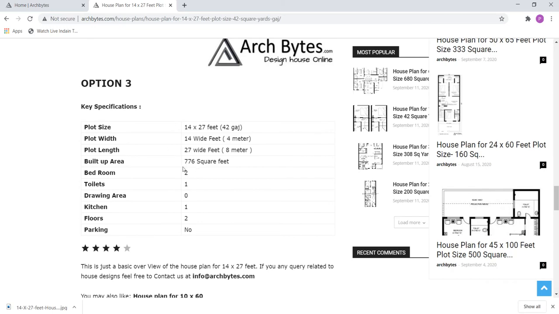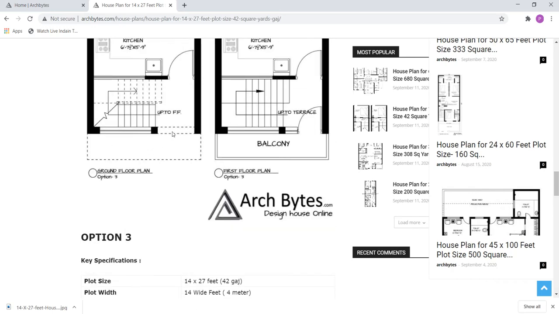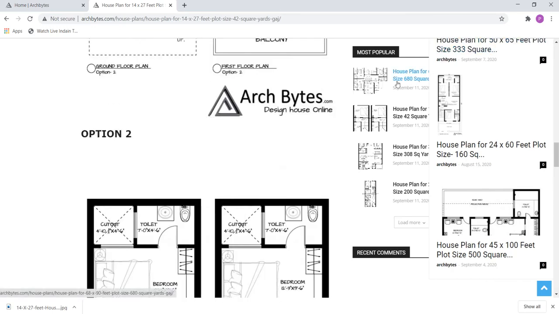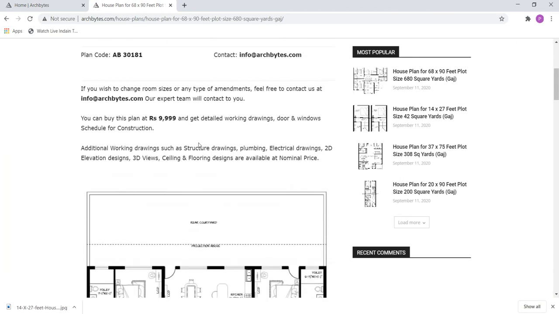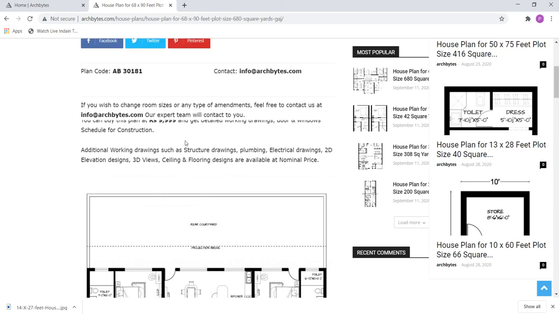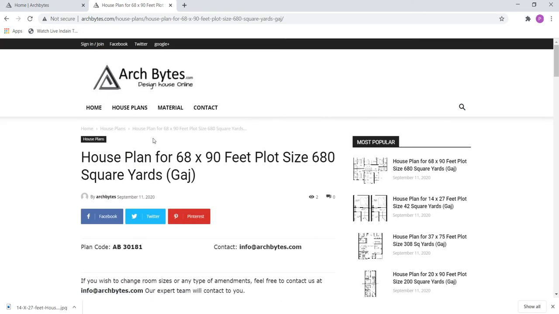In this you can see a lot of things. Whatever plan you need to practice your AutoCAD skills, you can get it from there. Any of the plans you can select. Now the main thing I need to tell you, as I have already told you, is that Archbytes is a house design site online. If anybody needs any kind of house plan, that person can directly contact them.